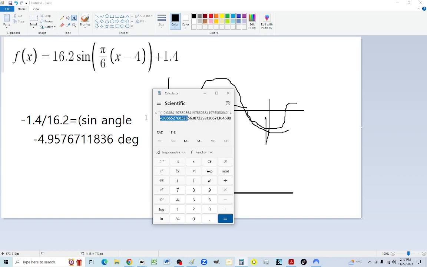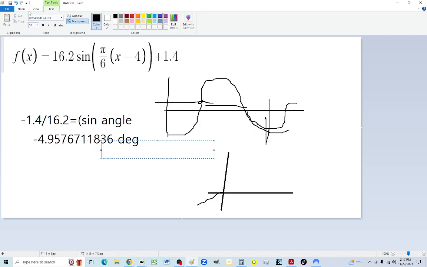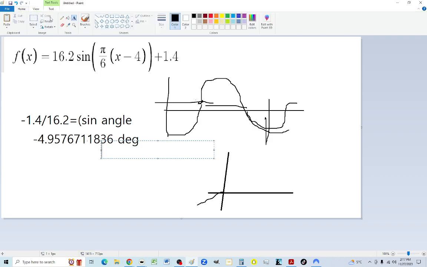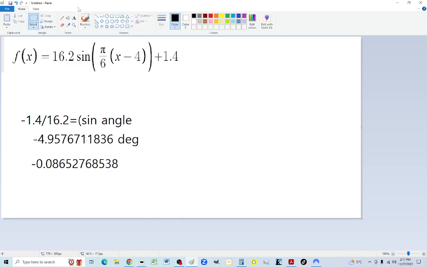Also in negative radians. So that's a very small amount of radians. And 2 pi represents,